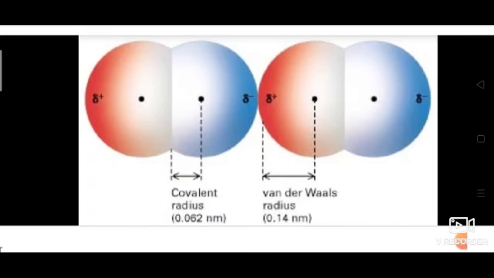So you know that atomic radius is measured in picometers. If you see that lithium has less atomic size than sodium, than potassium, rubidium, cesium. Cesium has the largest size. And if you see fluorine, chlorine, bromine, iodine, iodine is the largest size. So atomic size decreases across the period and increases down the group.